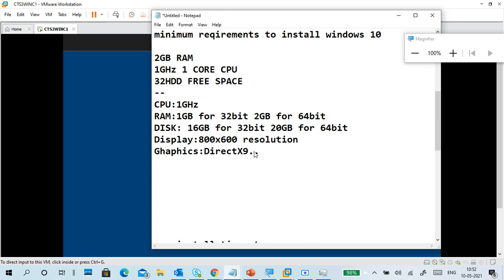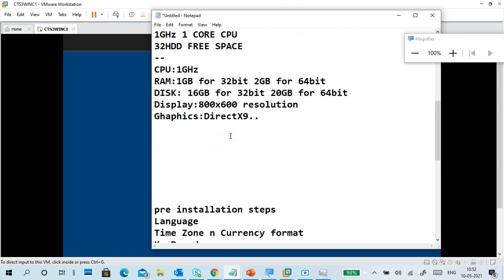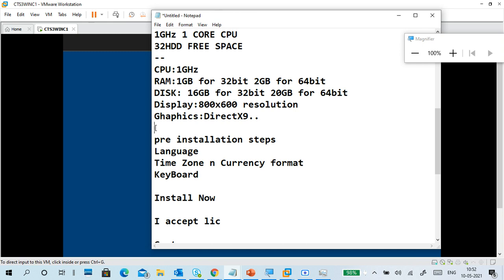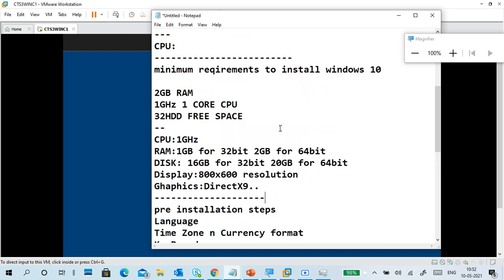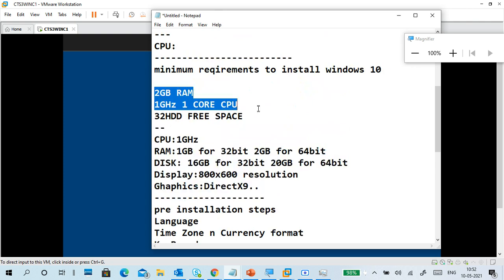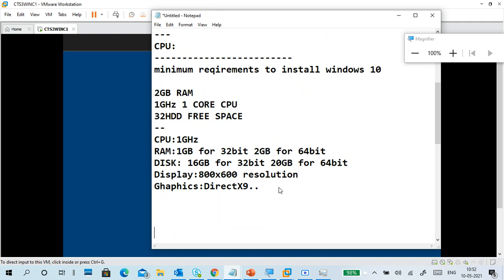DirectX 9 is like that. When you play games, or basically for display, drivers must be there. These are the minimum requirements. If you don't remember this much, it is better to go for a CPU with minimum 2 GB RAM like that.